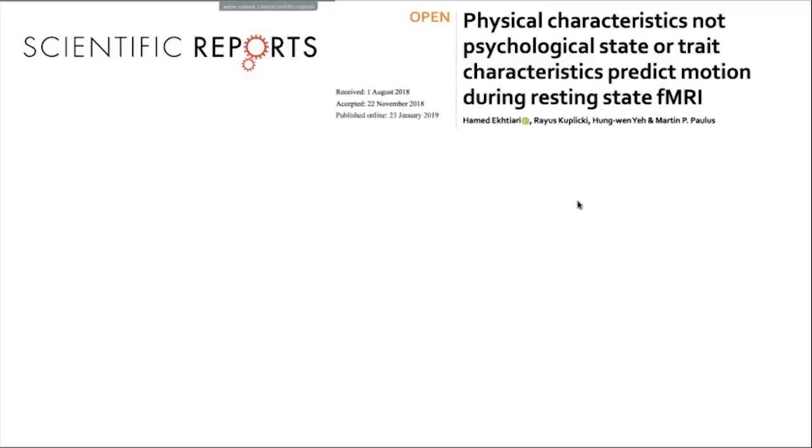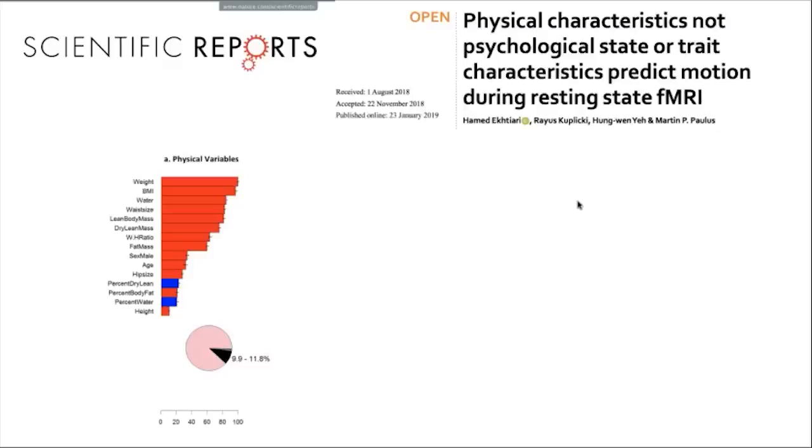Okay, is there any relationship between psychological features and motion? Because if there is a correlation between these two features, and we cannot remove that effect from the database, there is always a level of, let's say, contamination in the database because of personality characteristics. What we found was basically that physical variables were able to explain something like 10% of the variance